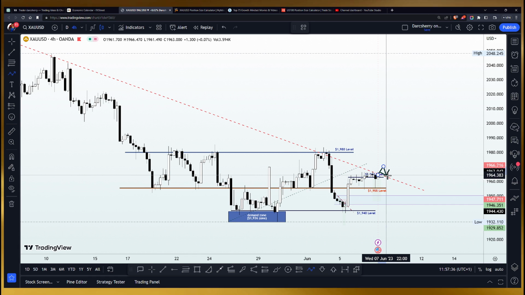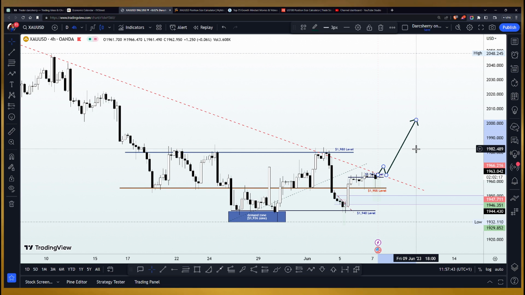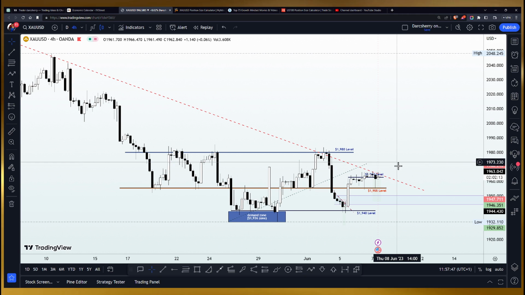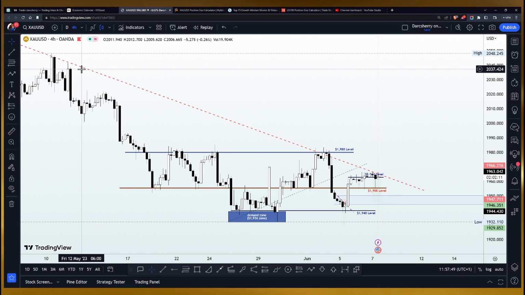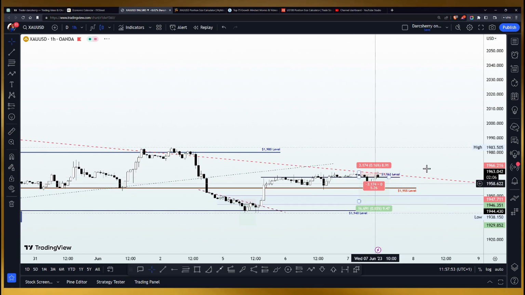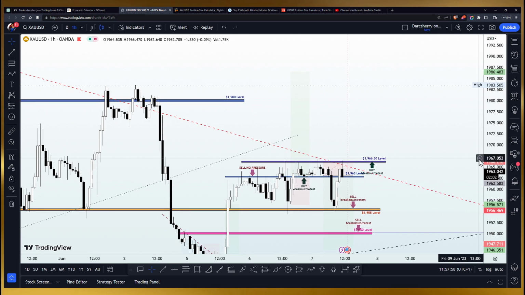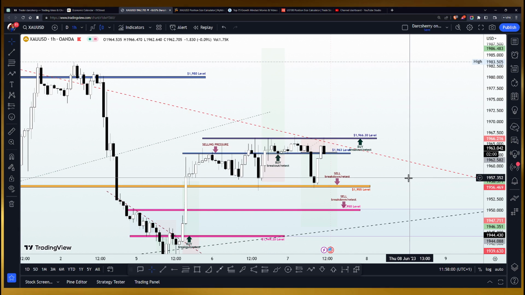And in fact, I think that if price action breaks above the trend line, it's very likely that we have a massive move to the upside. So we want to be on standby to catch that move as well. So that is how things are looking from a holistic point of view. As a result, we have that simple setup here between the 1,966 and the 1,955, using this as a yardstick to guide our trading activity for today. So let's be on standby to catch that one.